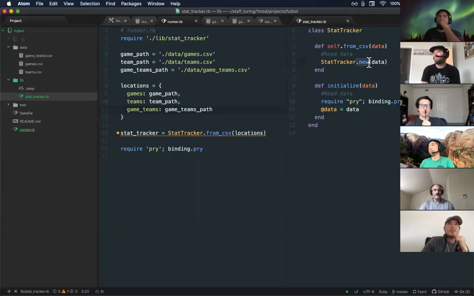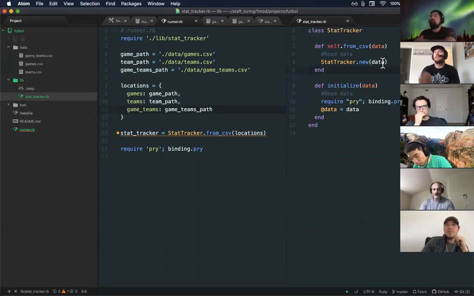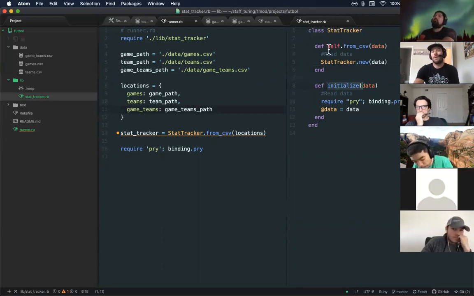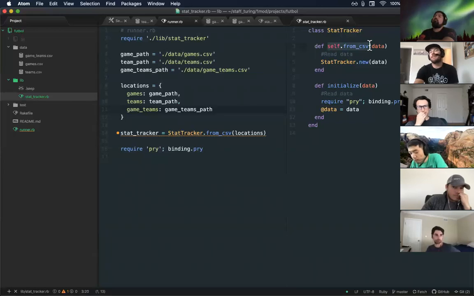Tim, right now the difference between the from CSV method and the initialize method isn't really clear. It's a method that we're passing data into, they're both the same. Yeah, I've done that on purpose because I don't want to show you how to design this. But the only real difference is initialize is an instance method, whereas from CSV is defined as a class method. And so the way that we access those things is slightly different.